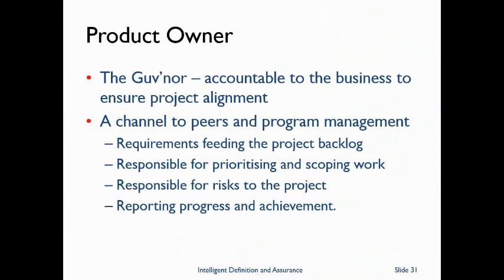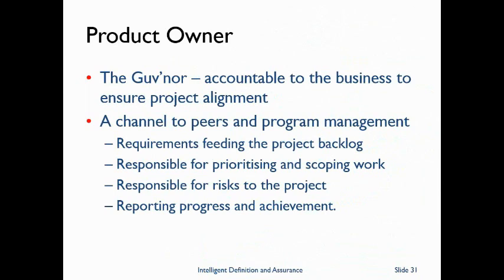Okay, so that's enough of the technology, but let's get back to how it impacts the people on our projects. Let's just look at the various roles in Agile teams and how they contribute to governance. Now, the product owner, you could say, is the governor, and kind of semi-jokingly, that's what they are. They are accountable to the business, and they are responsible for ensuring the alignment of their Agile projects with the larger business initiatives. They are the channel, if you like, to their own business peers and to program management who are overseeing the overall